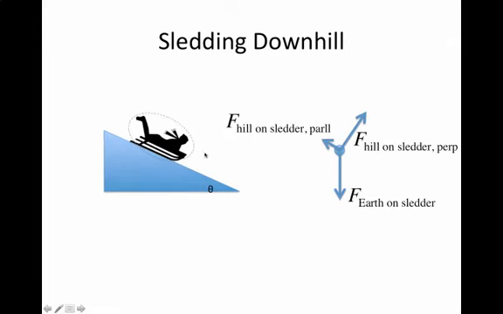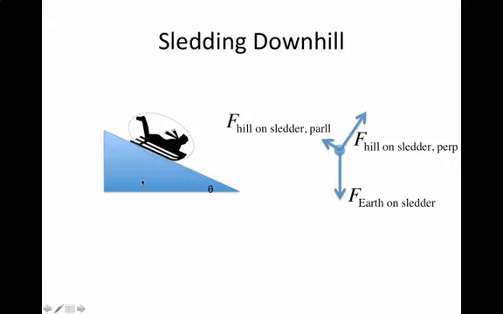Okay, so I circled my object of interest. We're going to look at what objects outside of my circle, outside of my system, are acting on the sledder. So we know that the earth is pulling down on the sledder. We know that the surface is exerting both a perpendicular force on her and a force backwards on her, the parallel force. The perpendicular one we call the normal force, and that's the force that prevents her from going down